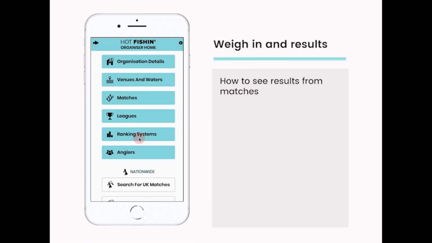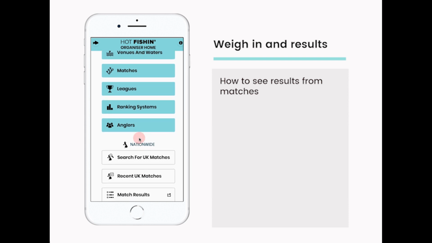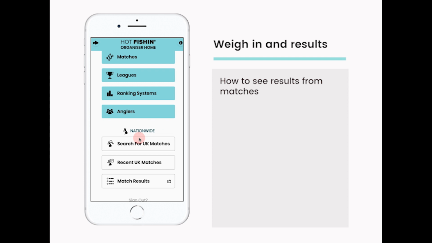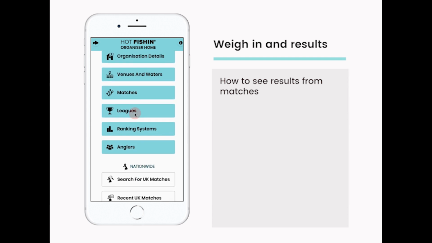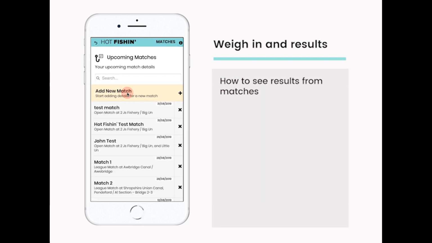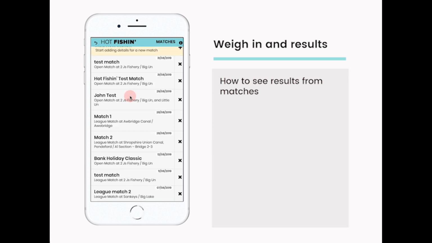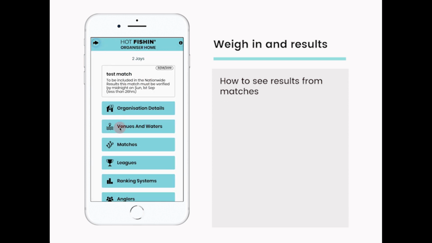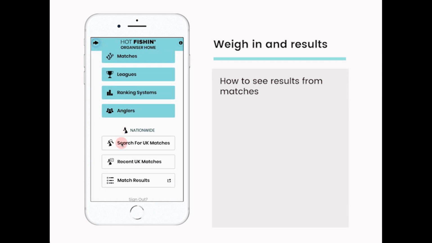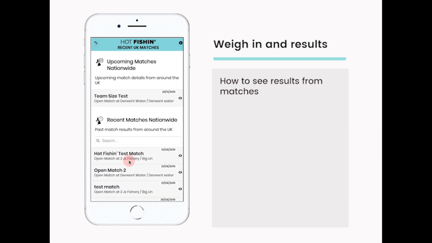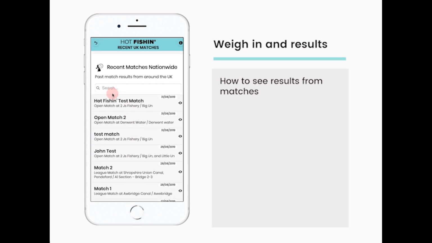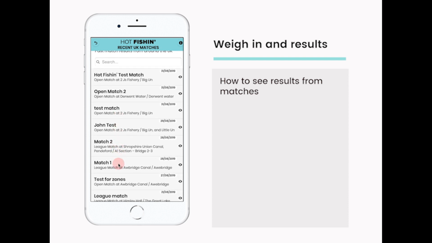So when all the results have been entered, obviously people want to see the match results. Now there are several ways in which you can do this. One is you can click into your matches and you can click through and see the match results from there. The other is you can click into recent UK matches and you can click and see them through there. So let's pick one here. So if we click into match 1 here,